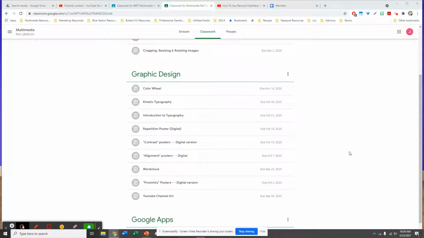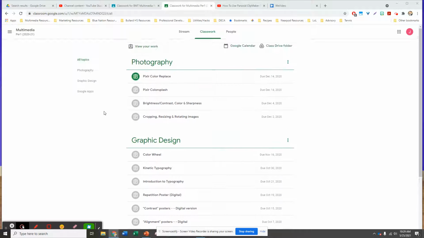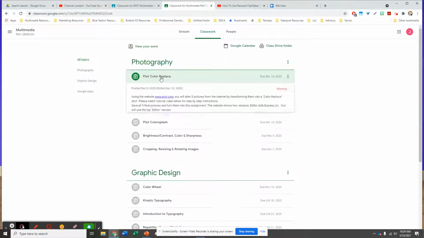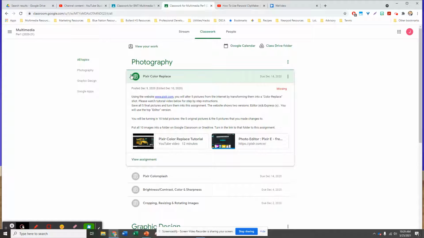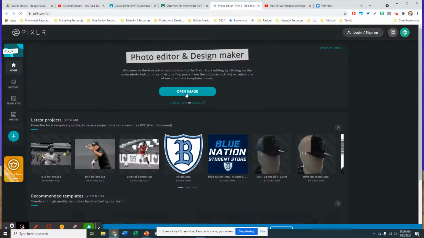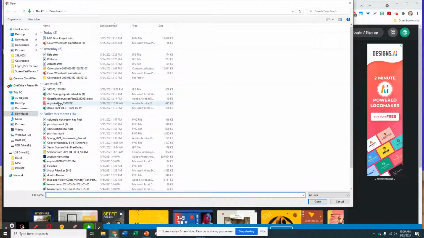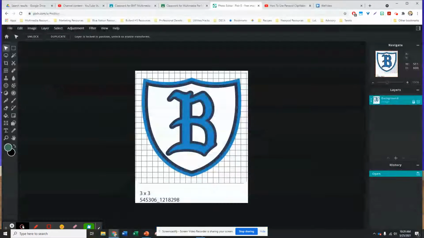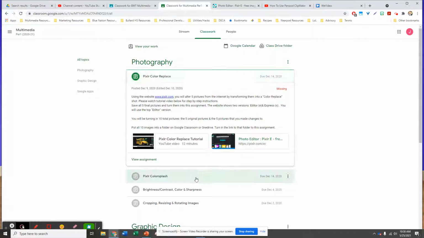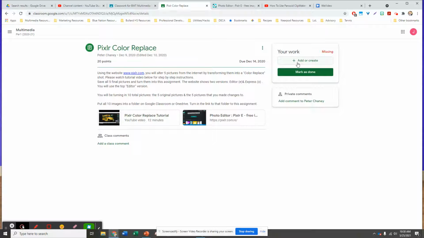So my first project that I worked on that I really enjoyed was in the first semester, and we worked with this website and tool called Pixlr. And one of my favorite projects we did there was called Color Replace. So Pixlr is kind of a photo editor, what Mr. Chaney called a poor man's Photoshop. And so you can see all the tools over here. And the assignment we actually worked on, called Color Splash, had us